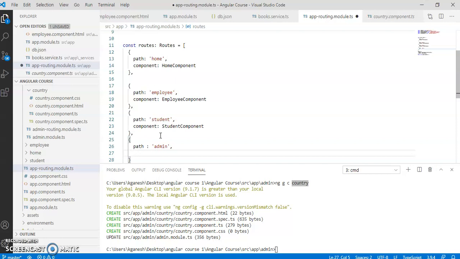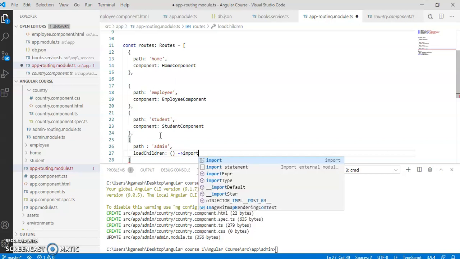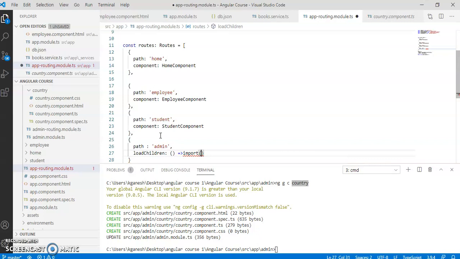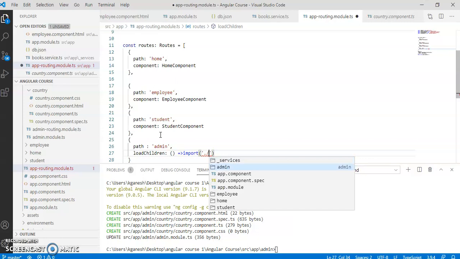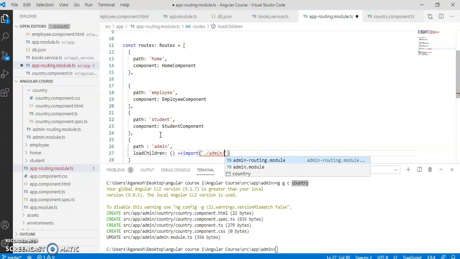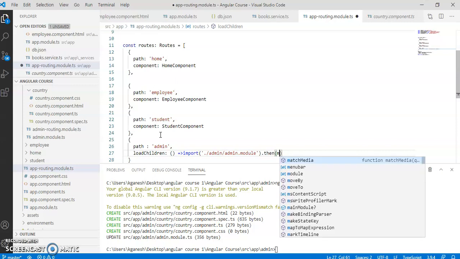Load children. In this loadChildren, click on import and write the syntax: slash admin slash admin dot module, dot then, m.